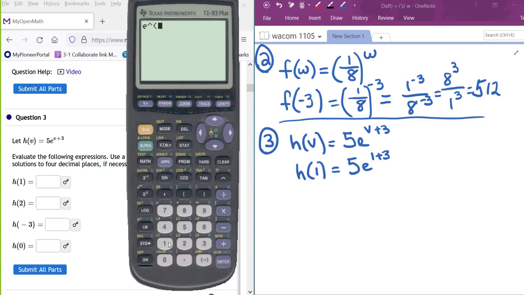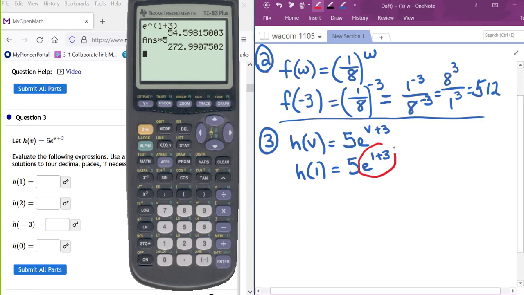All right, so we'll put the 1 plus 3 in there. Close the parentheses, hit enter. Right, now do the times 5. And so it's just order was really what I wanted you to see there. So do this, put your exponent in parentheses for your calculator, then do the times 5,